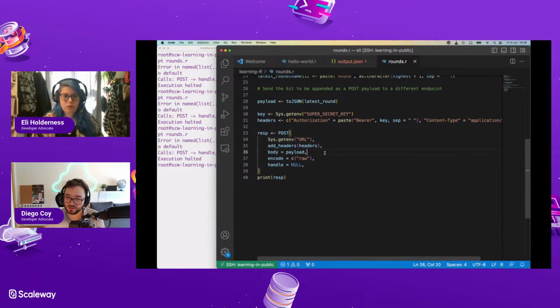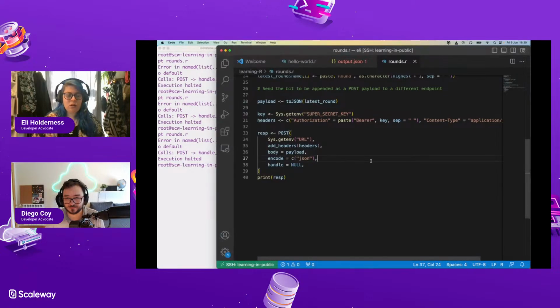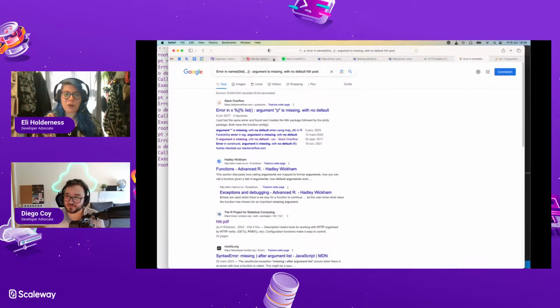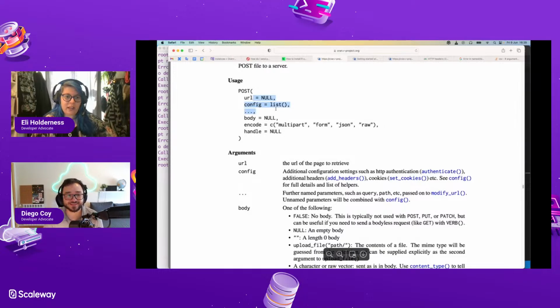Do you want to try changing the encoding to JSON? Maybe? Yeah, sure. I don't think that's the issue. It's saying it doesn't have a name. Named list argument is missing. Let me go back to the docs for the post. We're so close to actually having got this done though, which is kind of cool. Yeah. Config equals list. Additional configuration settings. Fine.